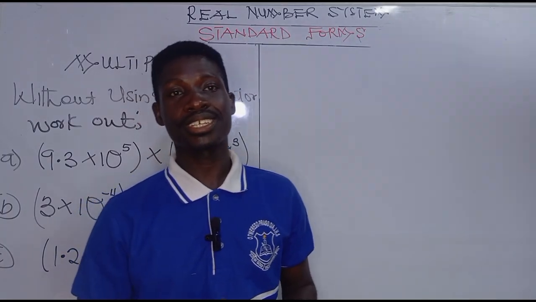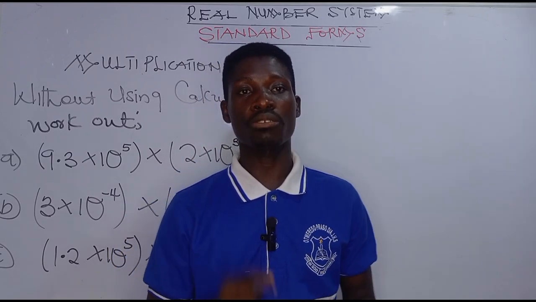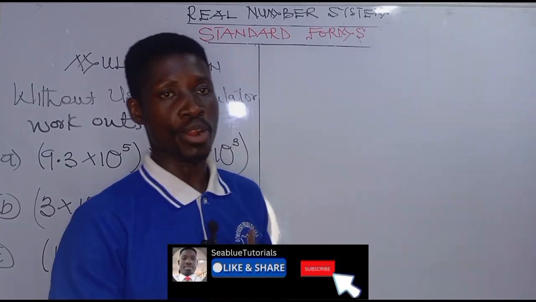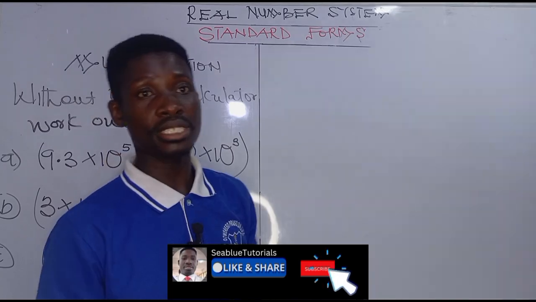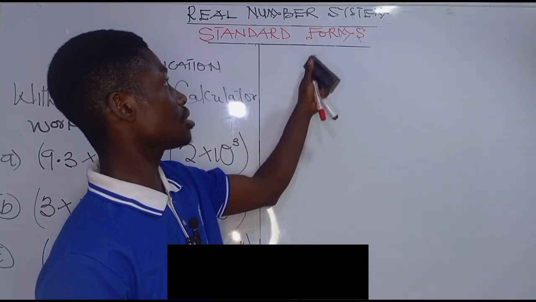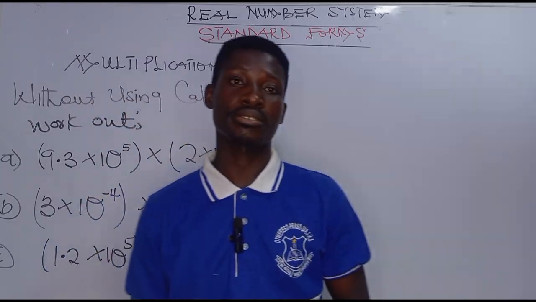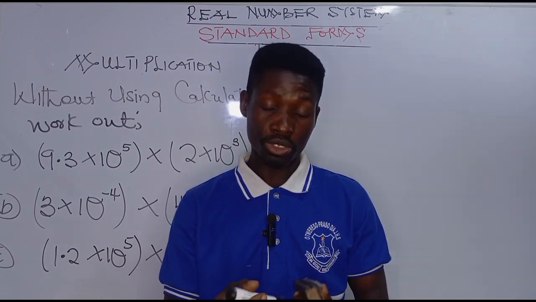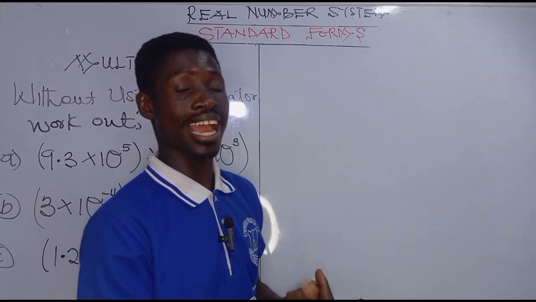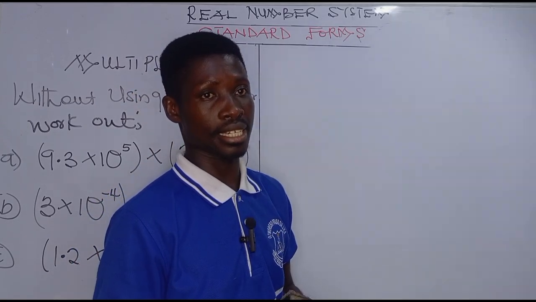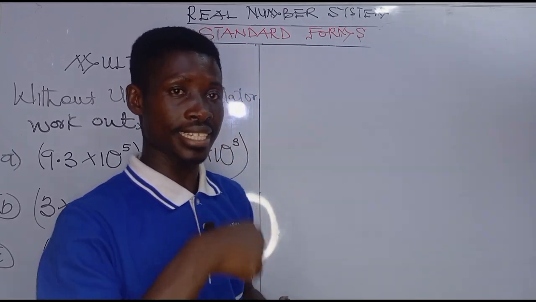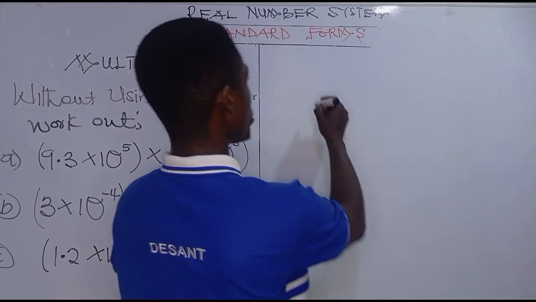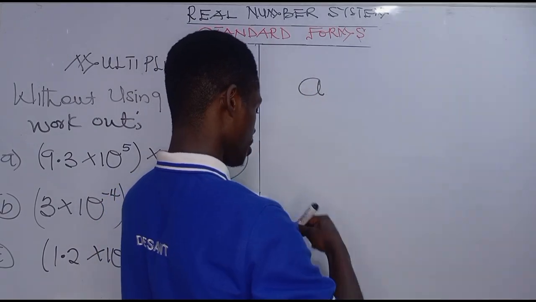In today's lesson, we shall be looking at multiplication of standard form numbers. Remember, we are still on the real numbers, and we are looking at standard forms. In multiplying standard form numbers, we are going to apply our basic knowledge in indices. And we have learned that in indices, when two or more numbers are multiplying